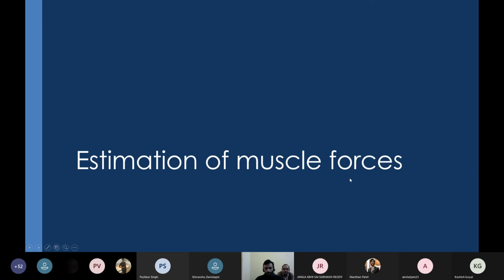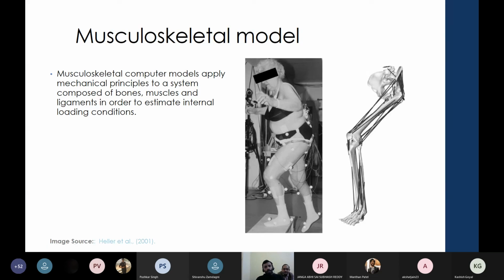So, estimation of muscle forces, as I mentioned in the last slide: there will be musculoskeletal models, and the human movement is recorded and used in order to calculate the musculoskeletal forces at the joints.